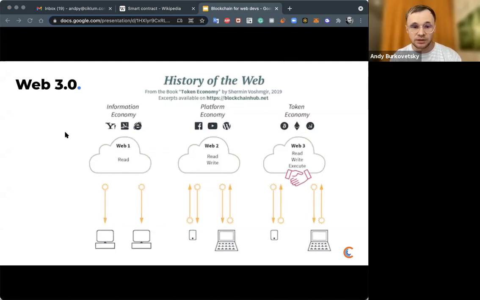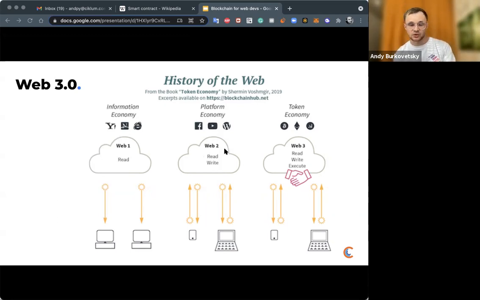So to summarize, people from the global blockchain community often describe history in this way: at the start, in the 90s, we had an information economy, when you could read news or sites without much interaction between the players. The next era was the platform economy in the early 2000s, when these gigantic platforms were born, like Facebook, YouTube, WordPress, Slack, etc., and games were played on the rules of the platform.